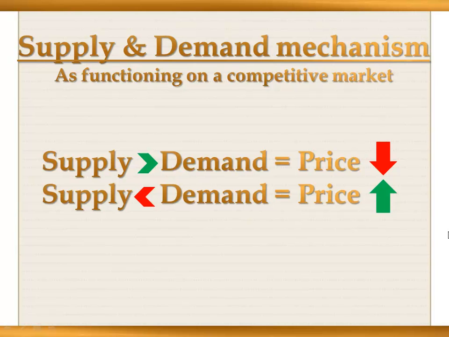Supply and demand is perhaps one of the most fundamental concepts of economics and is the backbone of a market economy. Demand refers to how much of a product or service is desired by buyers at a certain price. Supply, on the other hand, represents how much the market can offer this product at a certain price. The law of demand states that if other factors remain equal, the higher the price of a good, the less people will demand that good.